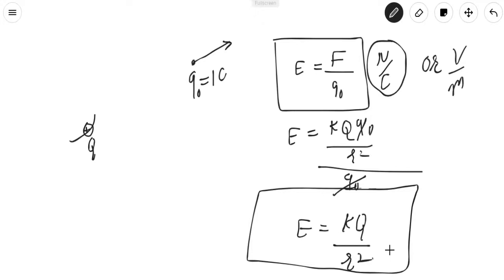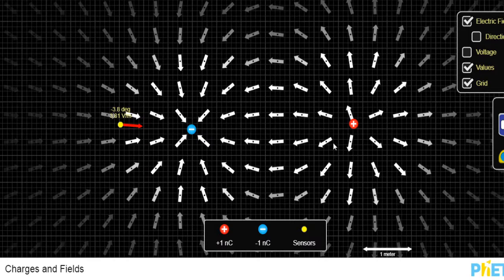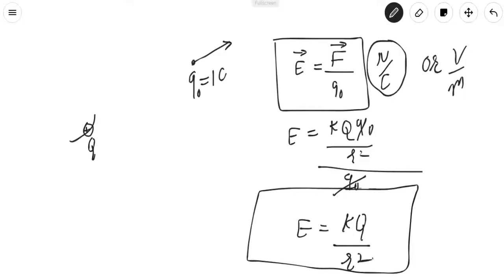Is it a vector quantity or a scalar quantity? Here in this equation force is a vector quantity, hence electric field will be a vector quantity. Because of this, you see here all the arrows that make it a vector quantity. You see, electric field depends much on direction and also on the values. So this is called the electric field.